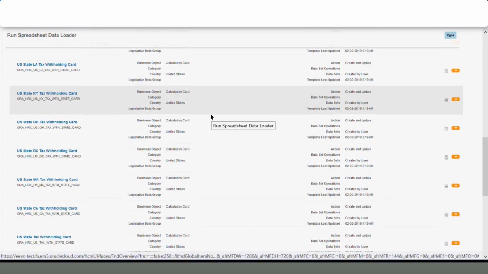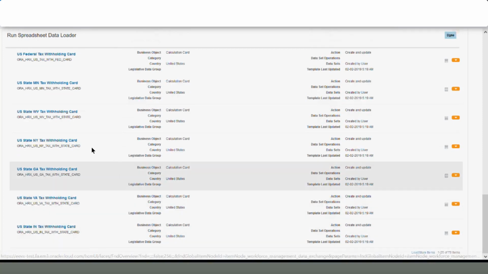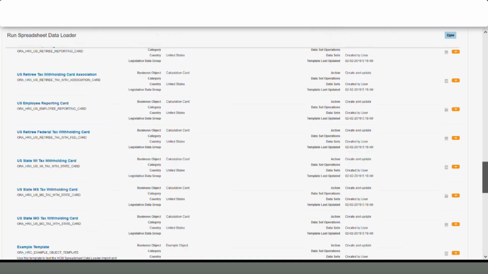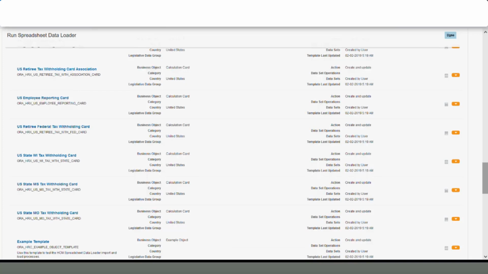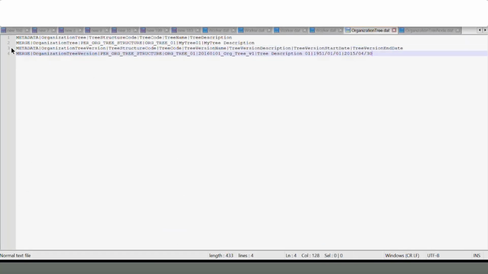There are so many options, for example many calculation cards, with one calculation card for each thing. So there are so many business objects available. One benefit of using this spreadsheet loader is, for example, in HDL we have multiple metadata. If you see organization, it has two metadata.